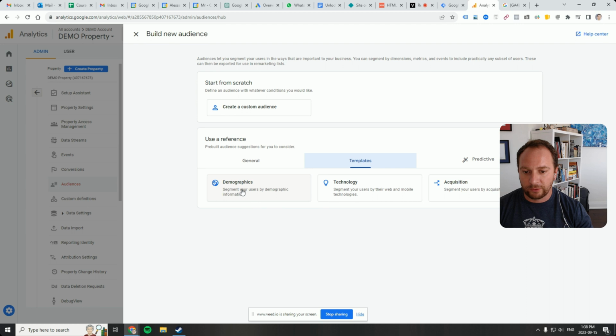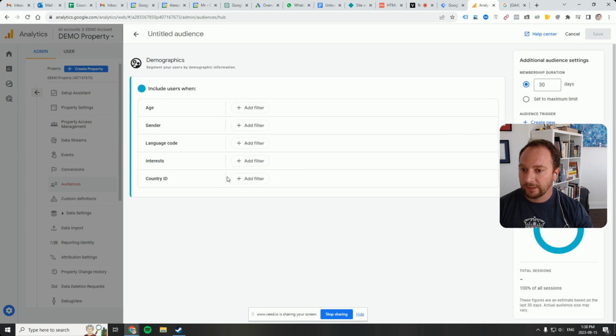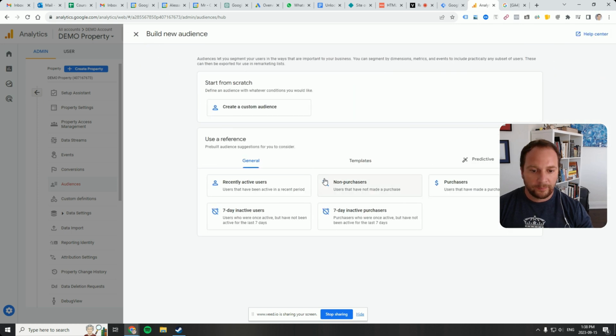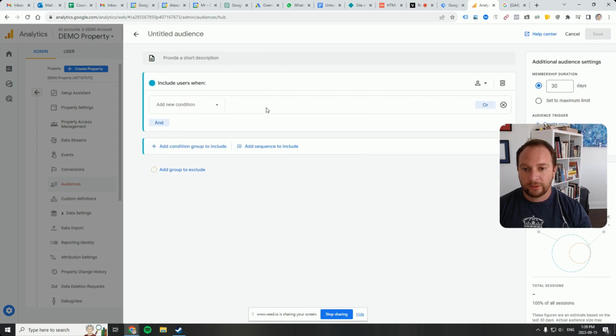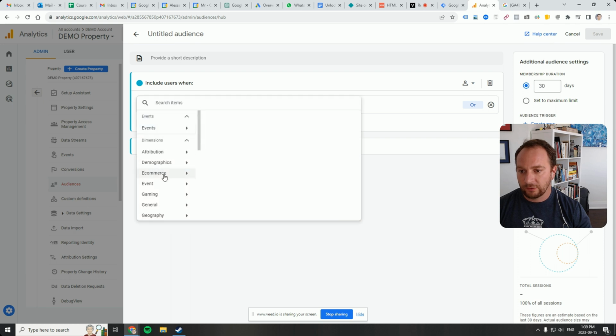The templates are super useful. You can set up demographic-based audiences based on personas you're trying to target, whether it be a known age that you want to capture, gender, language code, interests, or even country code. You can do the same with the various different types of purchasers, the technology they're using, and how you acquire them. You can also create custom audiences too, based on geography,